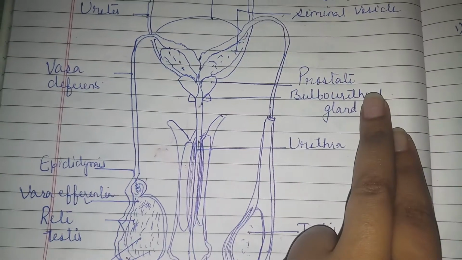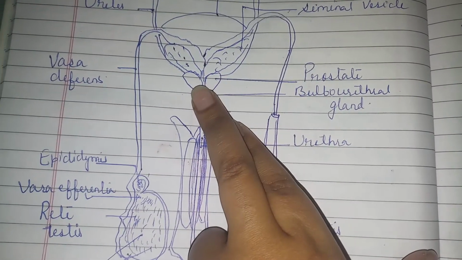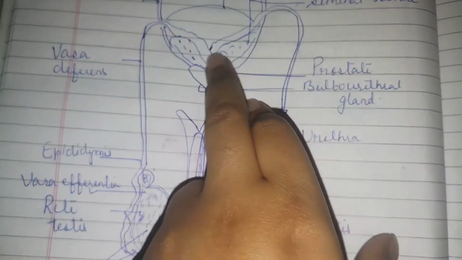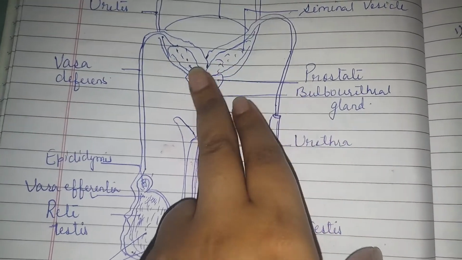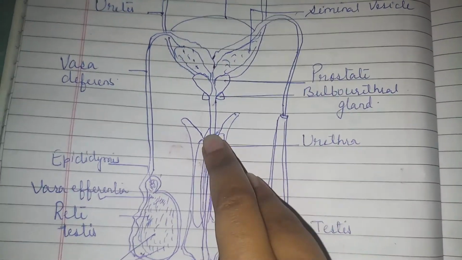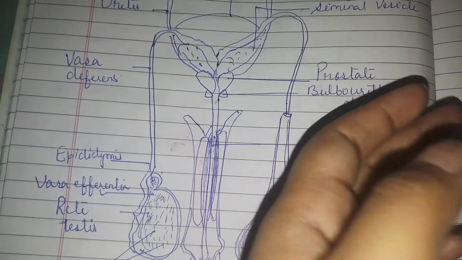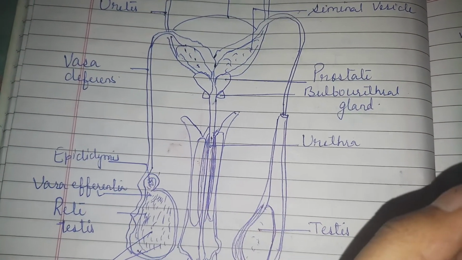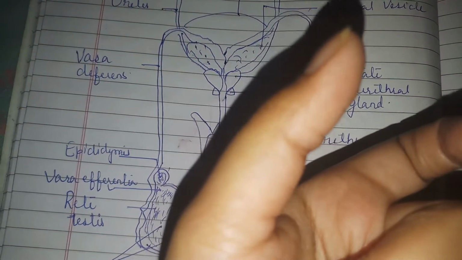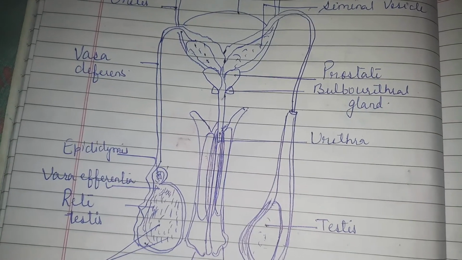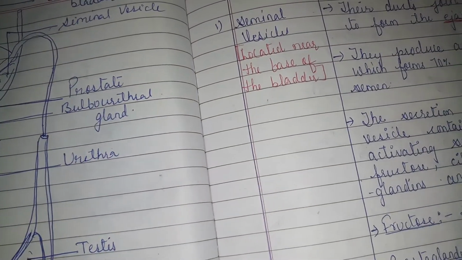But just now I told you that bulbourethral glands or Cowper's glands are in pair, seminal vesicles are in pair, but the prostate gland is not in pair. It appears to be a pair because of its location. You can see the prostate gland in the frontal view appears to be two because of the urethral lining, but at the back side it is a single gland. Because of the presence of the urethral lining in the frontal view it appears to be two glands, right? But this is a single gland.